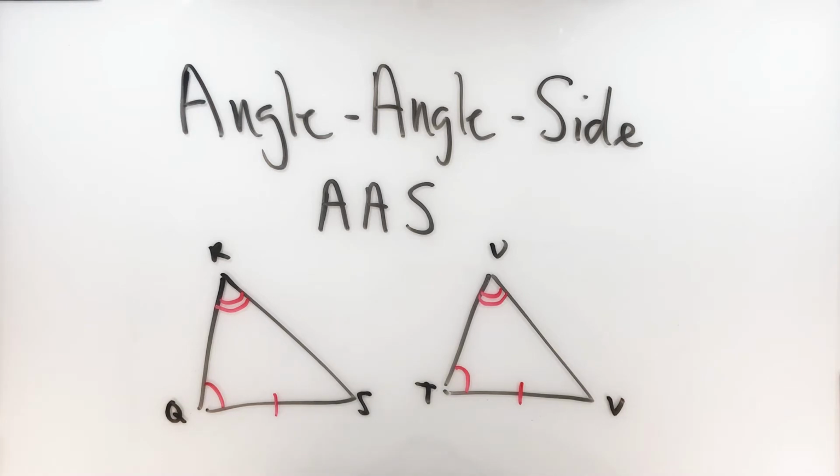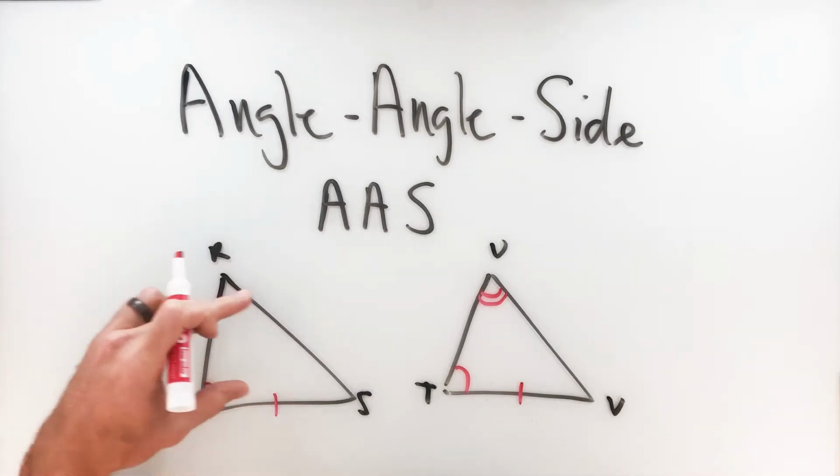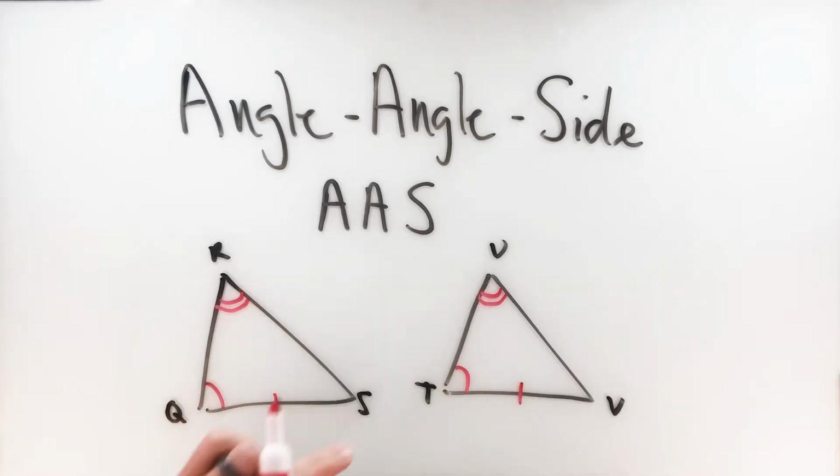Now the reason why this is a theorem, not a postulate. If you remember the difference, postulates are accepted as true, theorems have to be proven to be true. The reason why this particular triangle congruence idea is a theorem is because to prove it, we use a theorem that we've seen in the past. It's called the third angle congruency theorem, that says if two angles in one triangle are congruent to two angles in another, because every triangle has to add up to 180 degrees, it will make those third angles congruent to